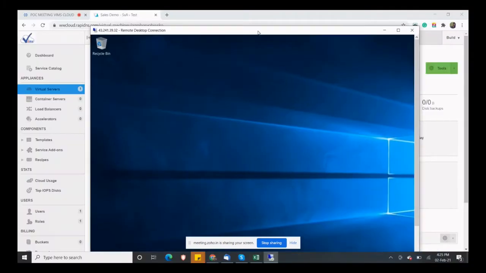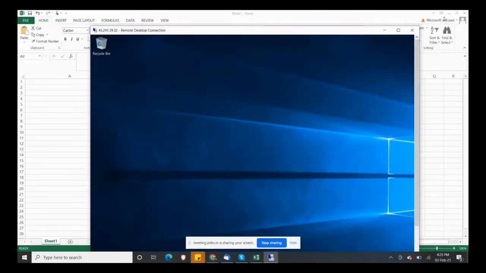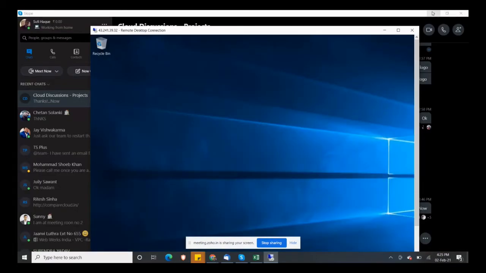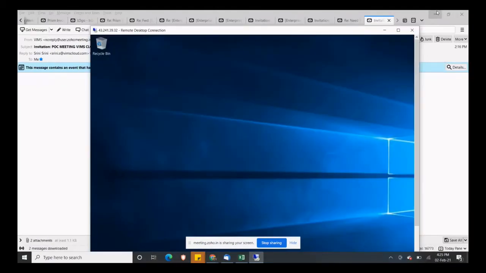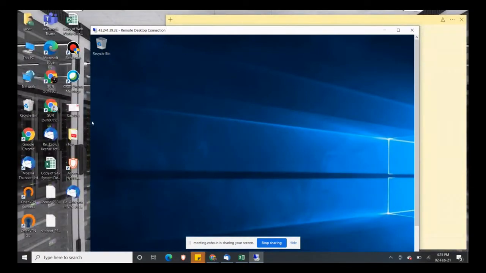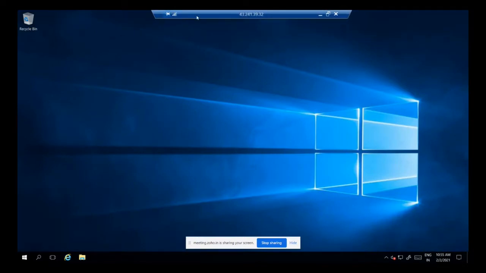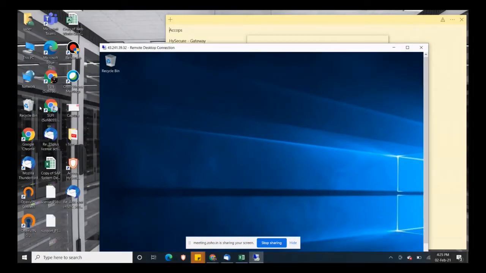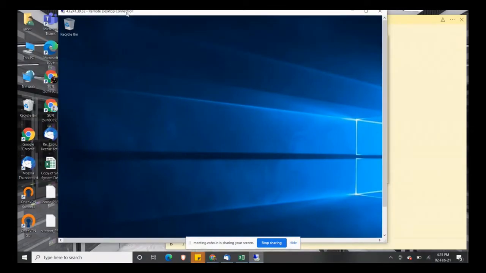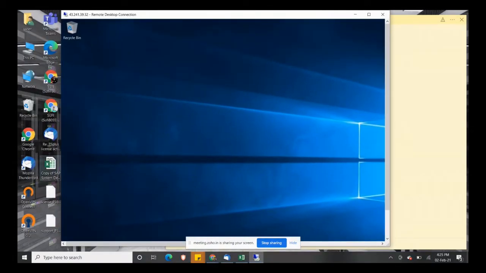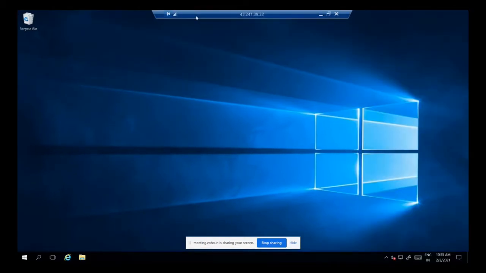Does it allow us to copy from local directly? Directly, you can copy and paste any file. You can block it as well. It depends on how you are configuring the server on the server side. So by default, it allows us to copy from local? You can block it as well. Can you see those security options? That can be done during the implementation. This is a feature of Windows Server.